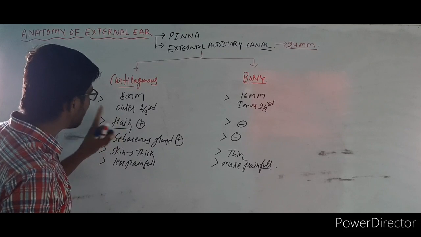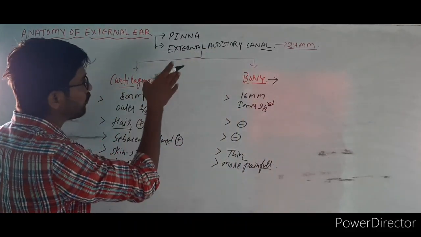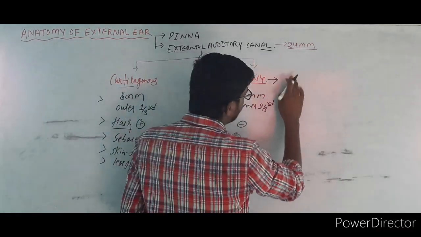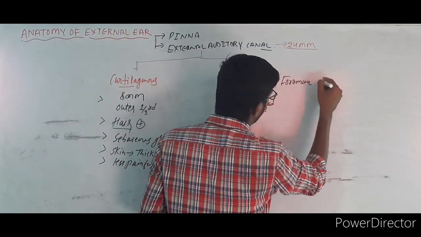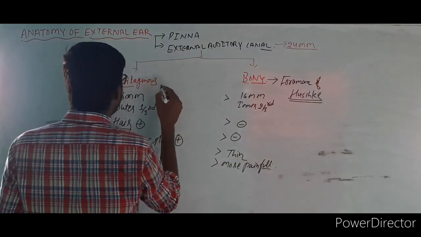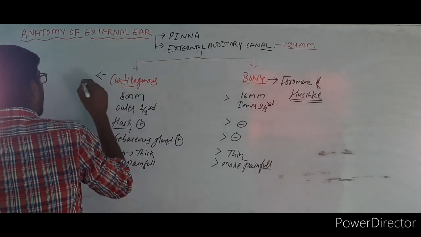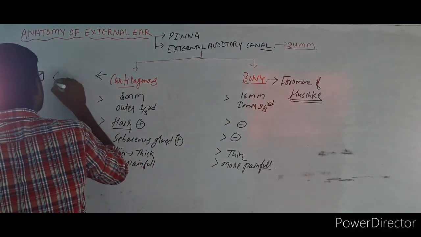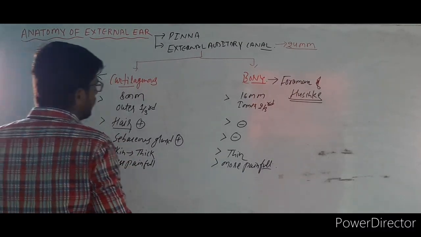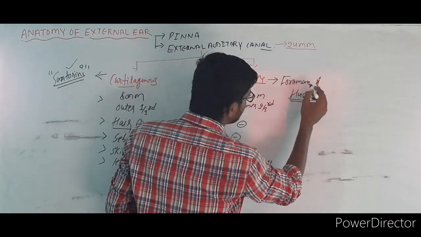Am I right? Yes. So these are the differences between cartilage and the bony part. One thing you should remember: on the anterior surface of this external auditory canal, there are two recesses you can tell. One is the foramen of Huschke, and the other is the fissure of Santorini. Because of these two, one is the fissures of Santorini, and because of this foramen of Huschke,